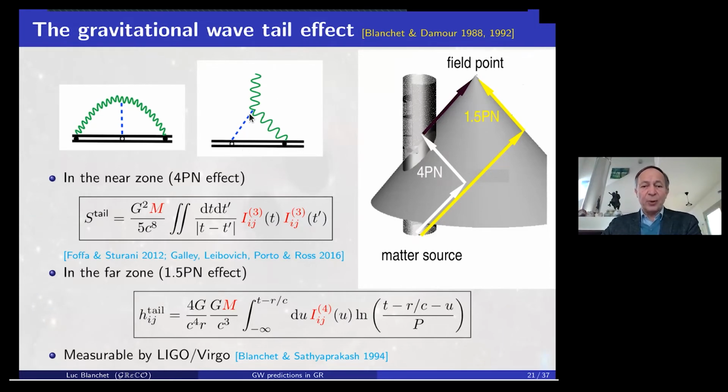This is such a diagram where you have a graviton line which escapes to infinity, and the other lines are attached to the particles, describing, say, a quadrupolar source in your diagrammatic expansion. And the effect on the internal structure, which is a radiation reaction effect, can be described by this diagram, where you have a graviton which is emitted and scatters off the curvature of space-time by this graviton's line, and then is reabsorbed by the particles. This is a completely equivalent description.